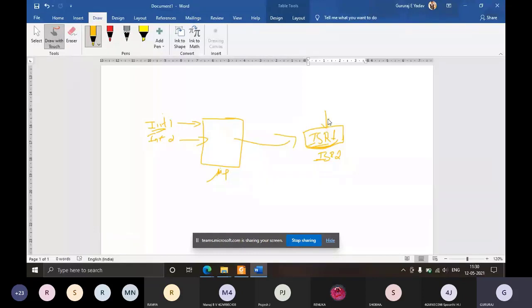Where is it placed in the memory? What is the address of the memory location from which this ISR, that is the code that needs to be executed whenever that interrupt has taken place, is located? So it has to come to know the address.